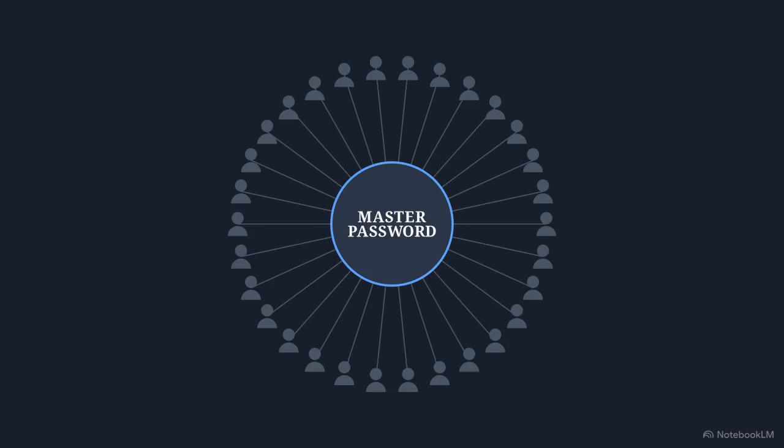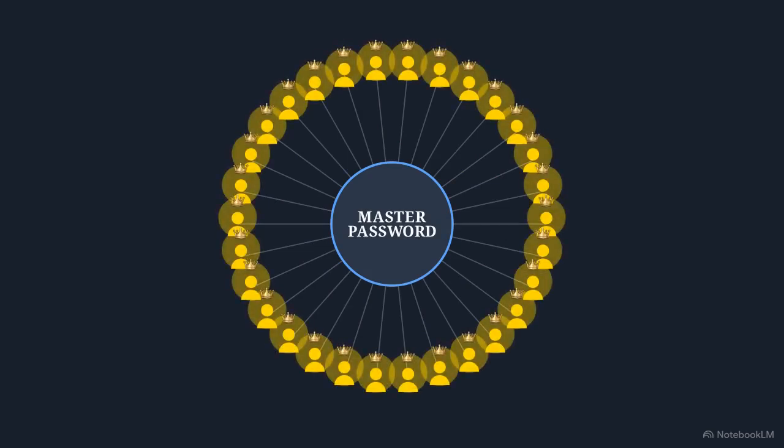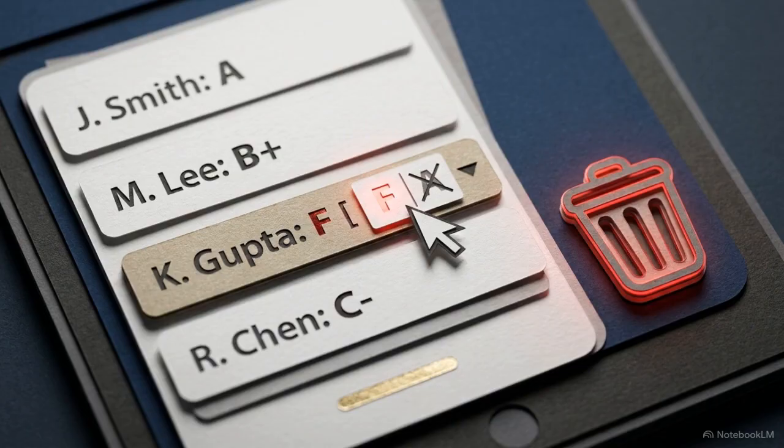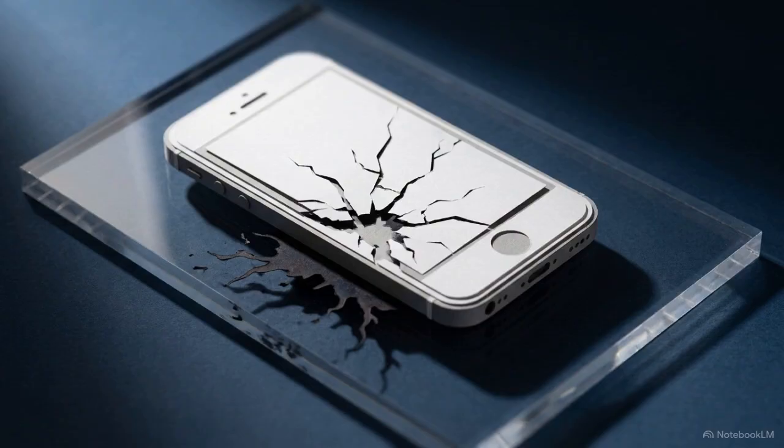Because everyone logs in with the exact same credentials, any student who enters the app has full administrative power. They can view, edit, or even delete the private grades of their classmates. Building functionality without security creates a liability. It results in a system where implicit trust is easily exploited by anyone already on the inside.